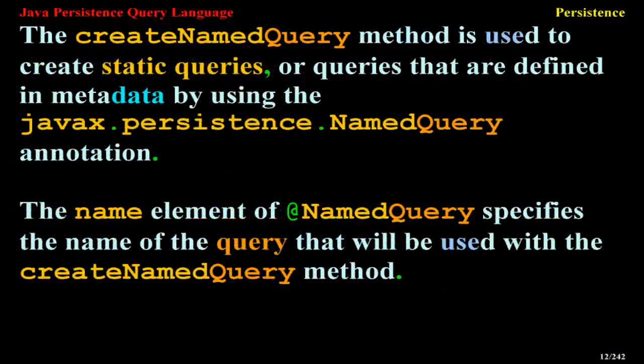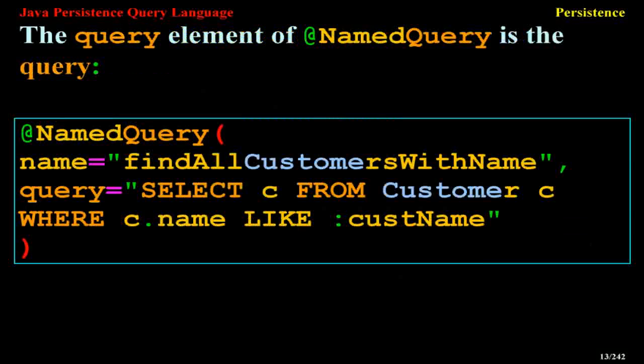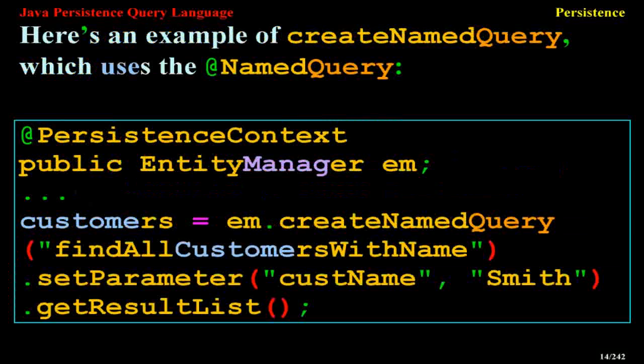The name element of NamedQuery specifies the name of the query that will be used with the createNamedQuery method. The query element of NamedQuery is the query. @NamedQuery(name="findAllCustomersWithName", query="SELECT c FROM Customer c WHERE c.name LIKE :custName"). Here's an example of createNamedQuery, which uses the named query. @PersistenceContext public EntityManager em; customers = em.createNamedQuery("findAllCustomersWithName").setParameter("custName", "Smith").getResultList();